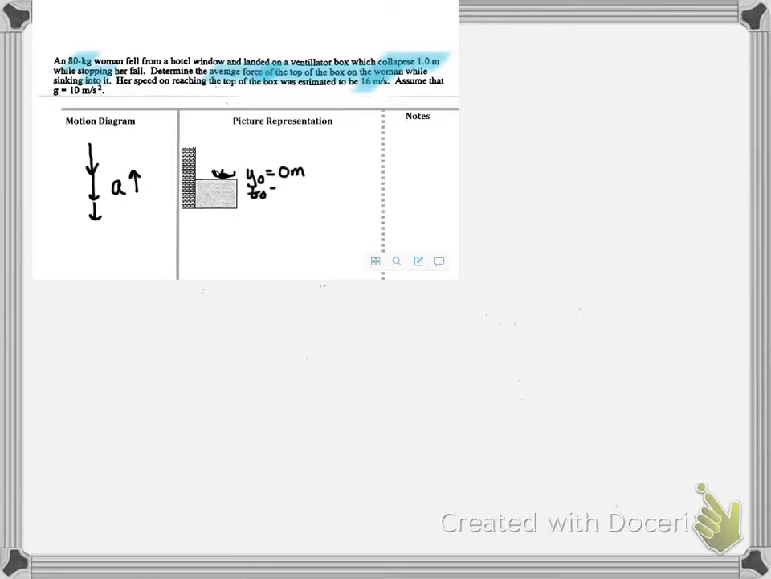I say the moment she hits the top of the box, we're going to call that y0 is 0 meters. We're going to say that's when we start the clock, is 0 seconds. And it told us that her speed was 16 meters per second. That's going to be a negative 16 meters per second in my picture representation because she is traveling, according to my motion diagram, in the downward direction. So that's going to be a negative velocity. Speed doesn't tell me direction. Speed is 16 meters per second. V, velocity, has to tell me direction. So that's negative